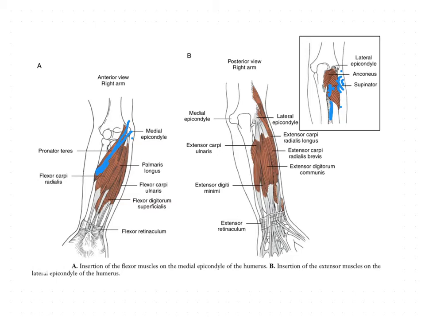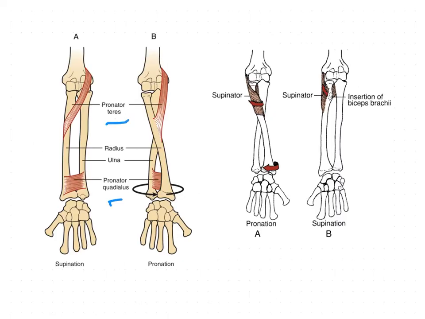Again we will see another deep muscle of the flexor compartment, that is the pronator quadratus. Here we can see this pronator quadratus. The pronator quadratus is originating from